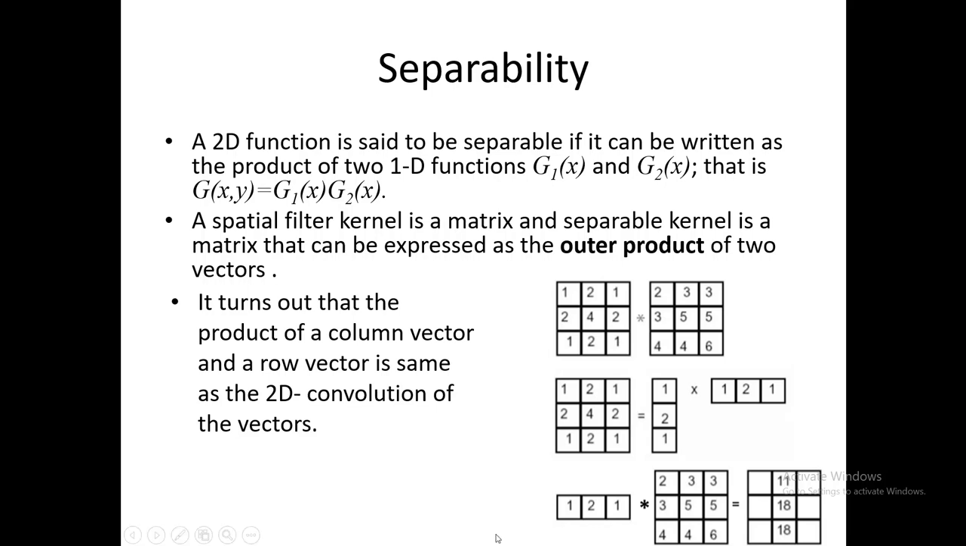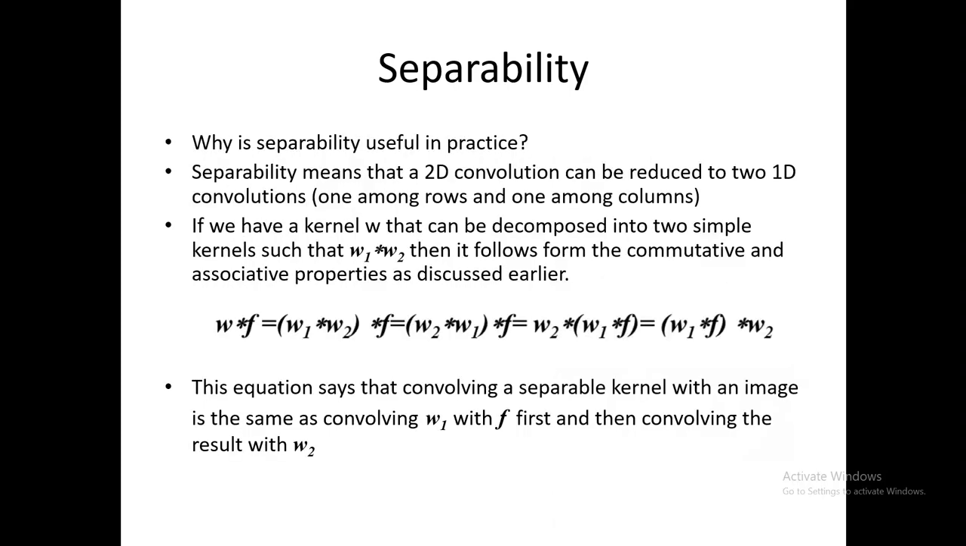in the case of a separable filter. We can see here, if we perform the convolution operation on this matrix, 2 3 3 3 5 5, it will be the same as in the case of 2D convolution, or by performing the convolution with the separable column and row vectors. So